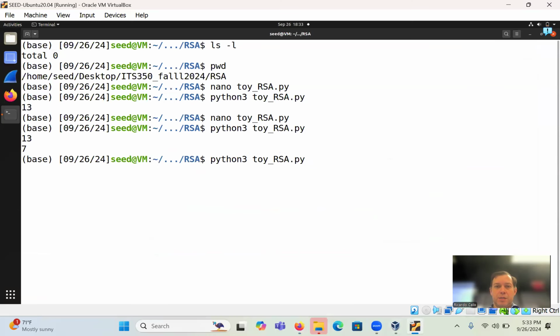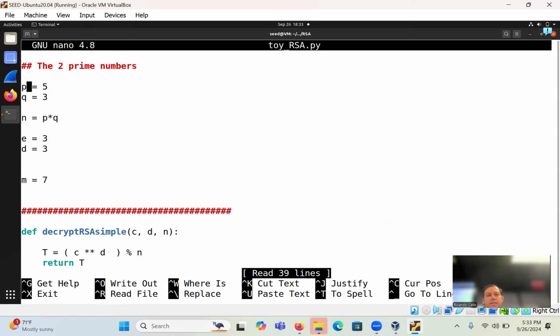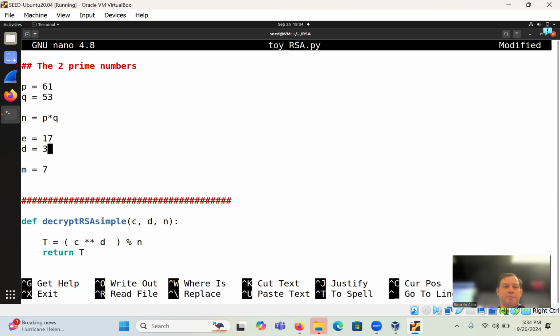All right, so I'm going to use the same code. It says here that P is 61, Q is 53. Then I'm going to calculate P times Q, which is going to give me N, whatever that is. And obviously we're still missing a lot of functions and code to be able to compute E and D. But for now, to keep things simple, I'm giving you those values. So E would be 17 and D is